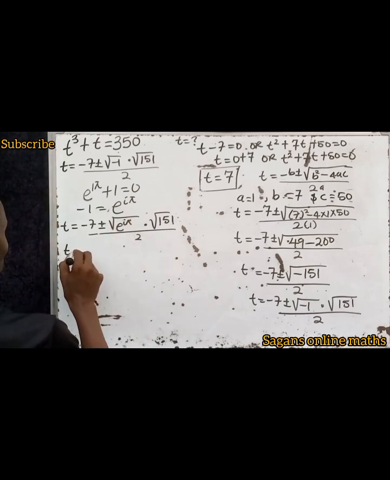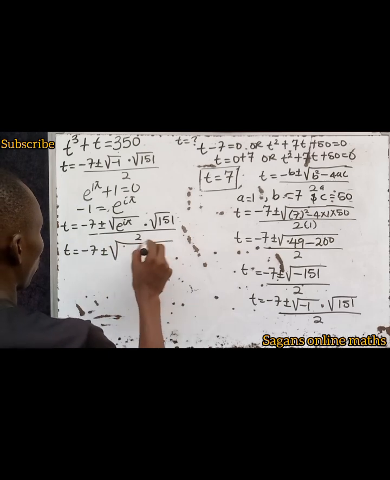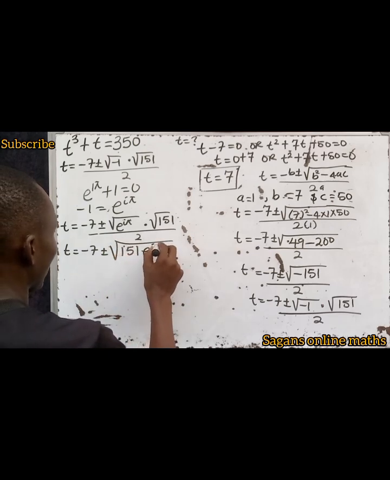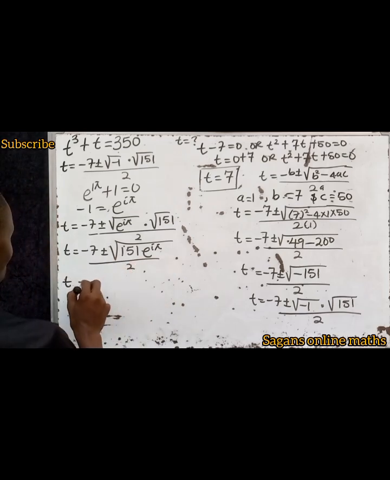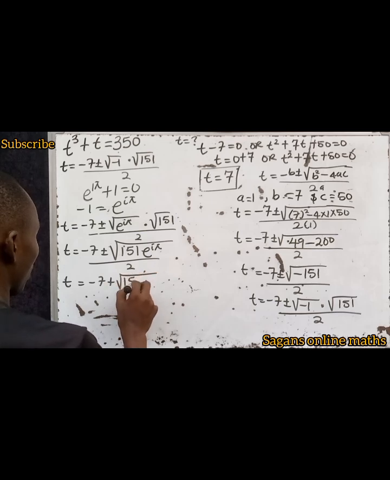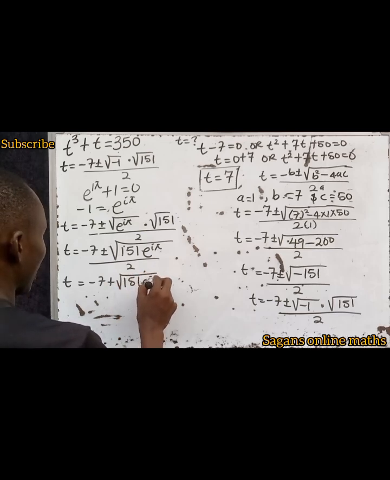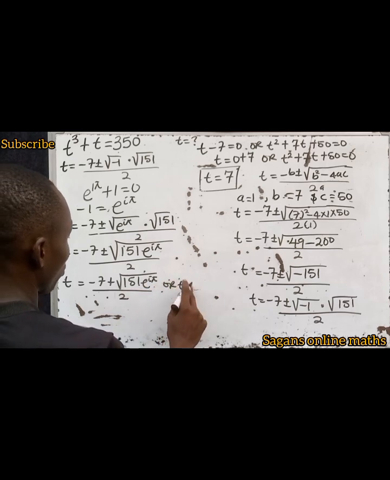That means our t will be equal to minus 7 plus or minus root 151 multiplied by e to the power of i pi, divided by 2. It means that t will be equal to minus 7 plus root 151 multiplied by e to the power of i pi divided by 2,